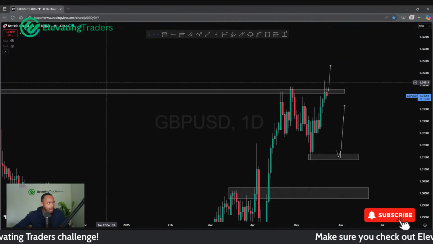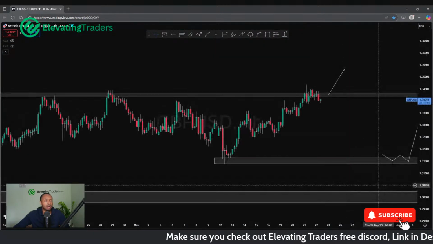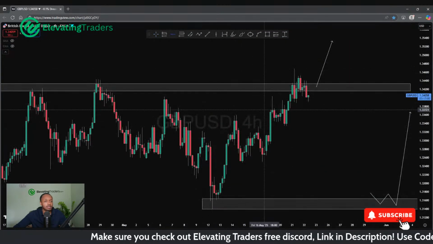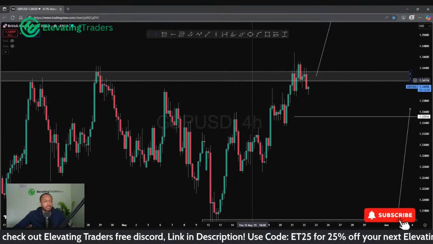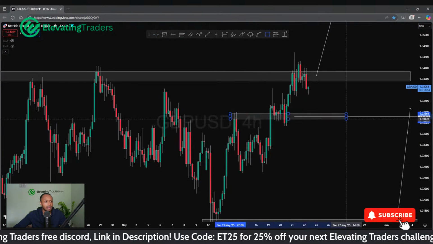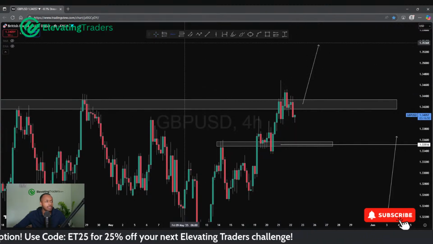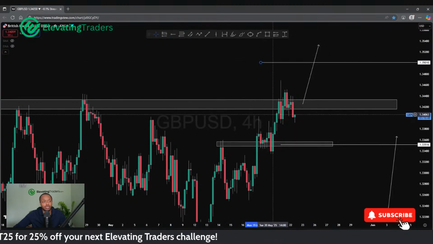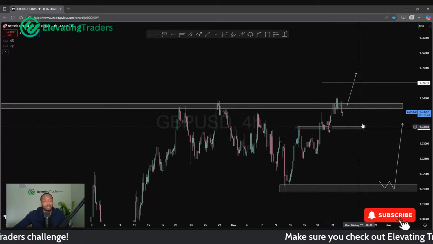You said you're looking for buys from 1.335, which would be roughly about here. Maybe off a retest with the high there, then you're looking to take it back into 1.335, which is up there. So I'm not saying that we can't do that. We definitely could. But I don't want to be buying at these prices.